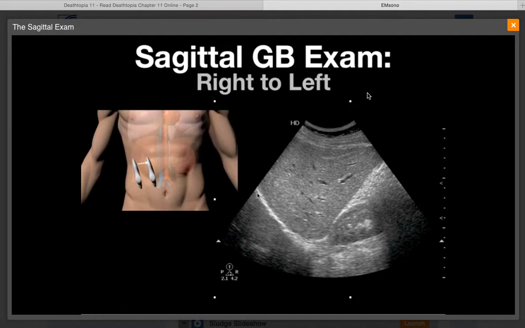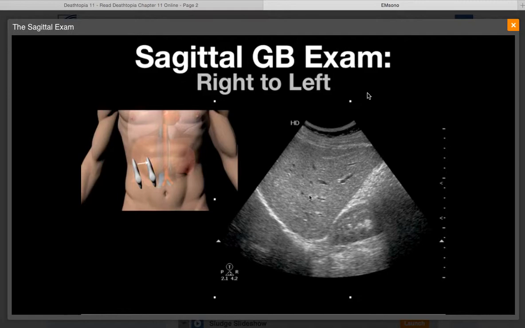You've got diaphragm here. This is pleural space up here. Here you have the kidney. The fact that you see the kidney on this sagittal view should cause you to move the transducer in a more medial or leftward direction on the patient,